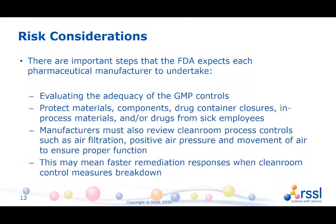Manufacturers must also review their clean room process controls. So that's factors like air filtration, positive air pressures, movement of air to ensure that they are functioning correctly and whether they would be enough to address a sick employee. And also the kind of inference of this is that you're going to need to have relatively faster remediation responses